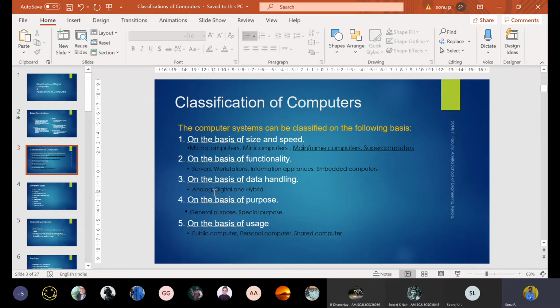Though there will be some interconnection between the different classifications, and devices may fall into multiple categories, look at the classification based on size and speed and find that type of configuration. Briefly explain the different classifications of computers and the examples in each classification with some write-up. That will be your second assignment, and it is to be submitted next Tuesday.